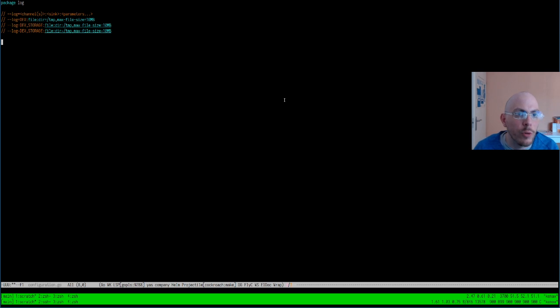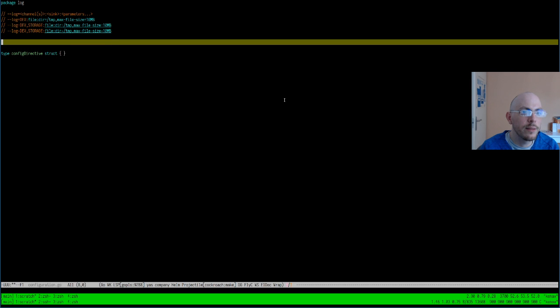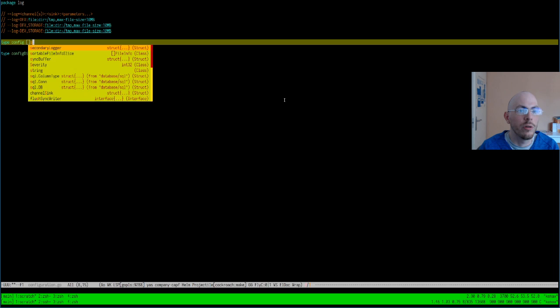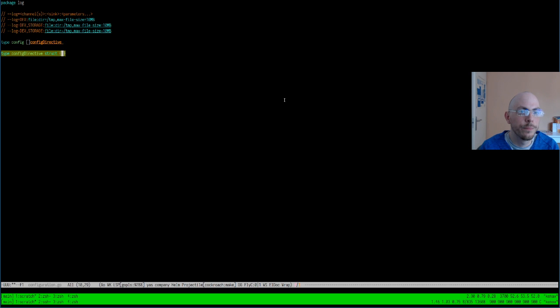So what do I have here? We have 3 parts. A log configuration is composed of 0 or more configuration directives. Let's call it config directive. It's going to be a struct with some stuff inside, which I don't know yet. And then a config is a list of config directives.